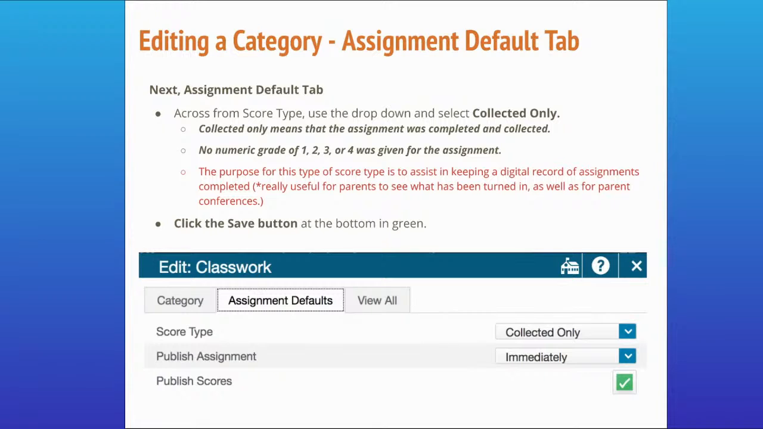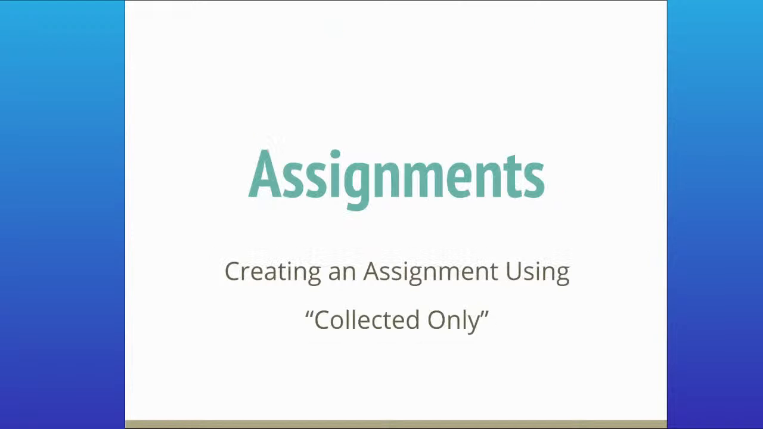Now, when we come to this area and we change, you should be able to keep publish assignment to immediately. And publish scores will always have a check by default. You'll then click your save button, which is at the bottom. So let's talk about that for a second. You're going to go in and edit your assignments